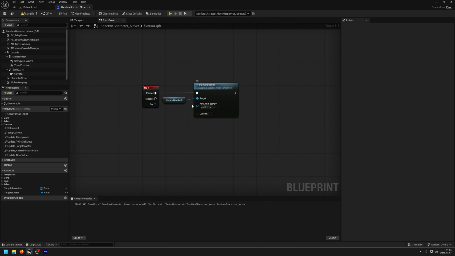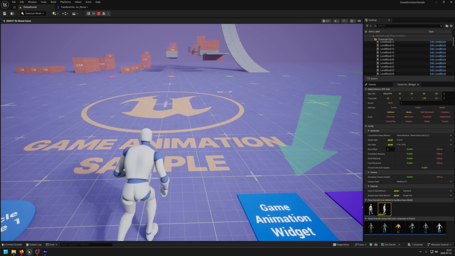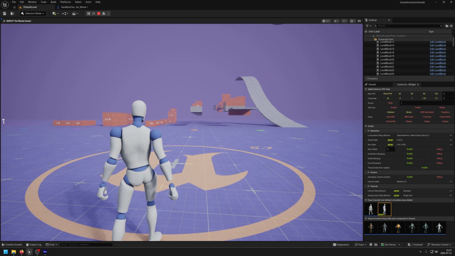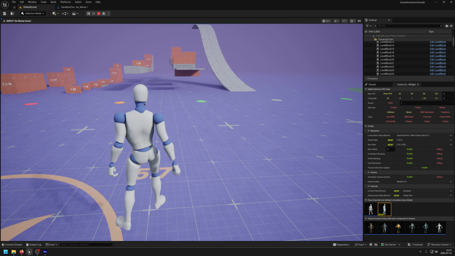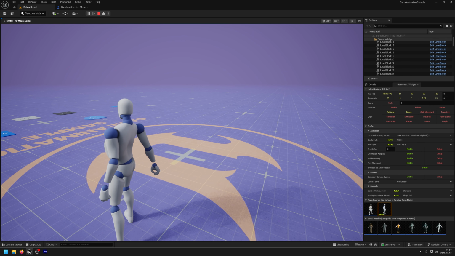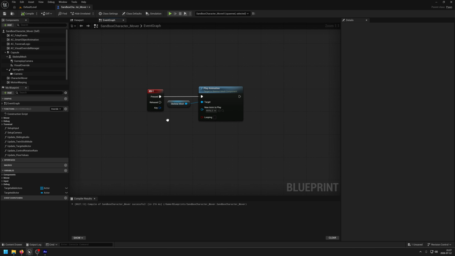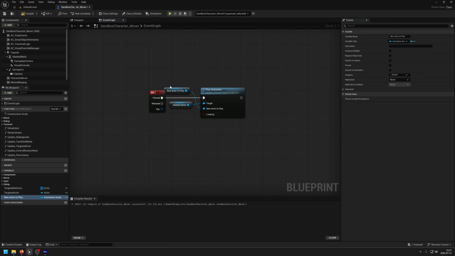And a cool thing is that if you just do this, right? If I now press the E key, it does the animation. And then it just sort of freezes and doesn't go back to how it was before. So to fix that, we have to go back into the blueprint. And you can do this in a variety of ways. If you just right click on the new anim to play and promote this to a variable, it will set